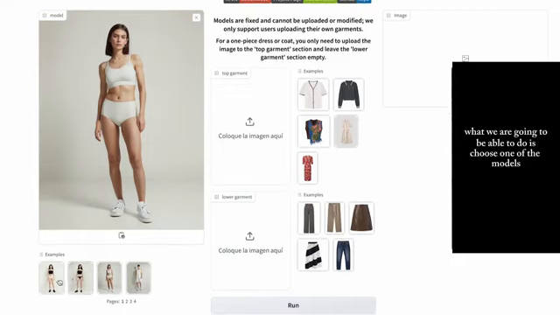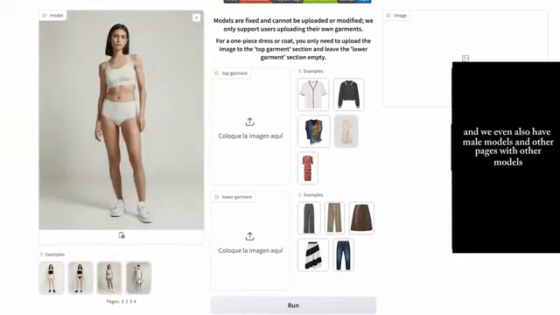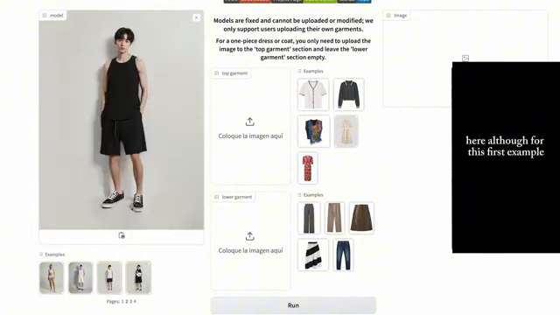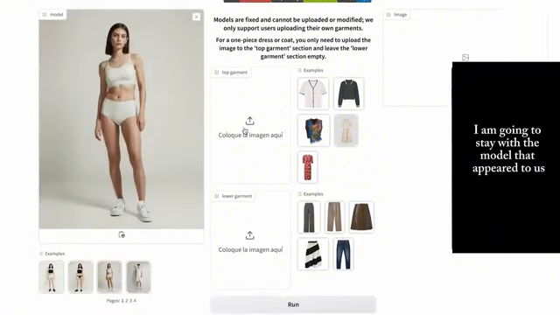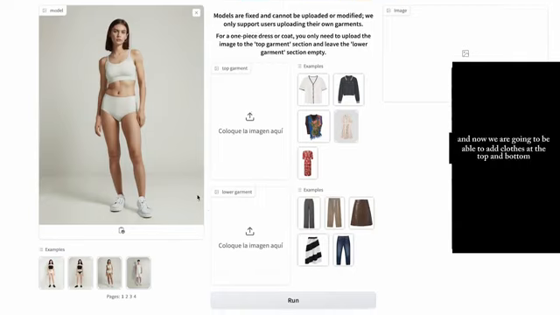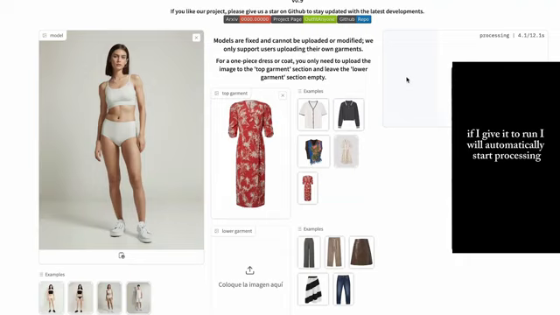What we are going to be able to do is choose one of the models that we want to put the clothes on. And we also have male models and other pages with other models here, although for this first example, I am going to stay with the model that appeared to us, and now we are going to be able to add clothes at the top and bottom, or a long dress. That is to say, if I select this dress from here, if I give it to run, I will automatically